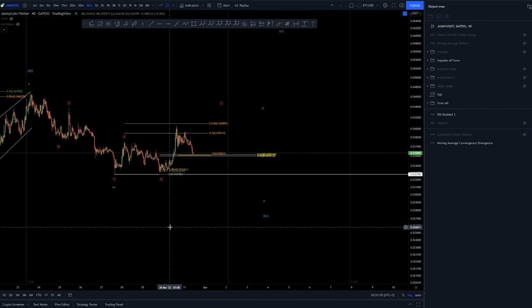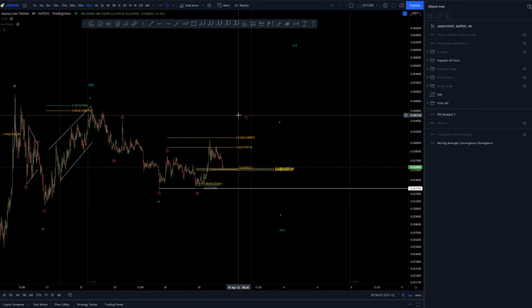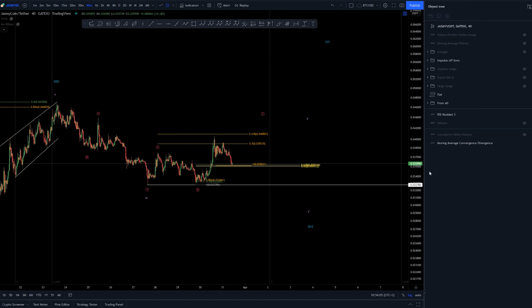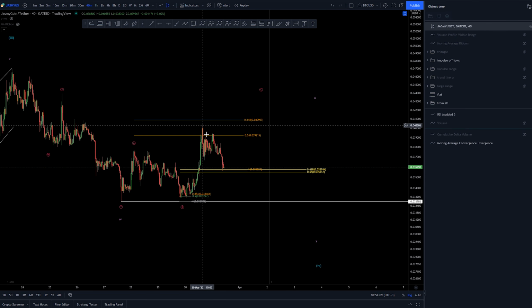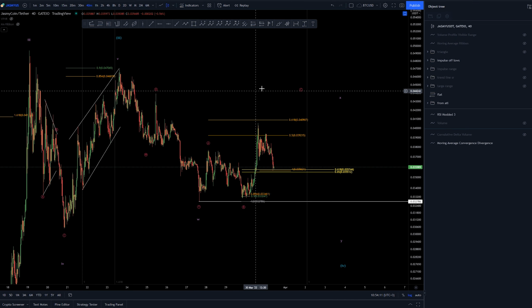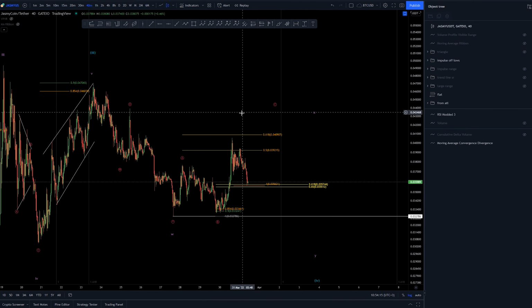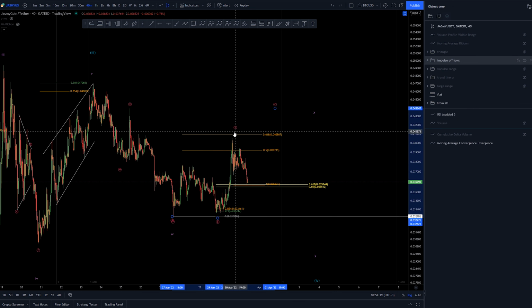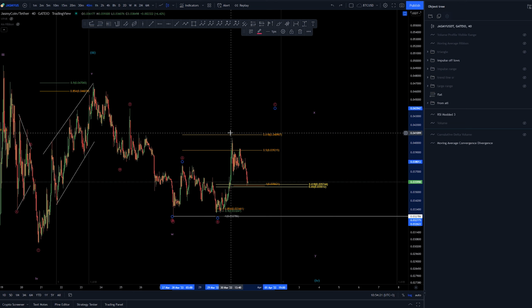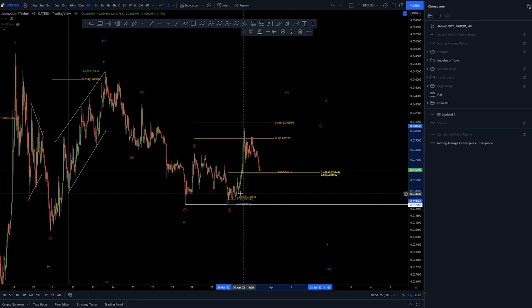Now again, there's another scenario. If we have A, B and C, now trying to create the C here with a 5-wave move is a bit weird and not really likely. However, there's multiple scenarios and ways this can play out. So again, there's this,